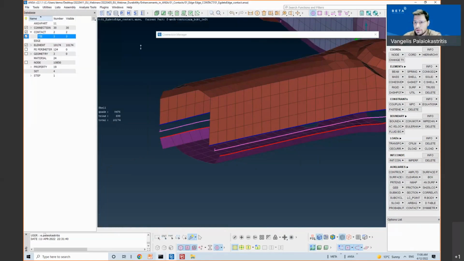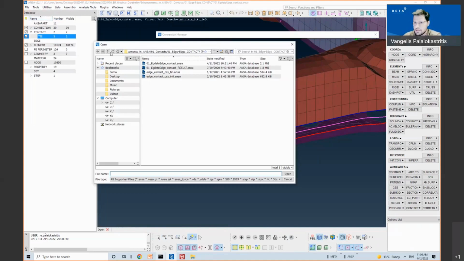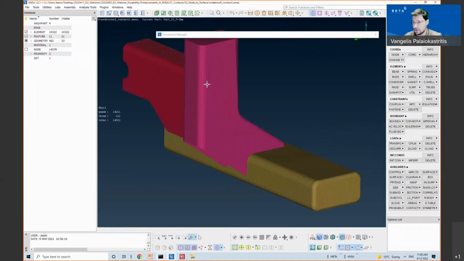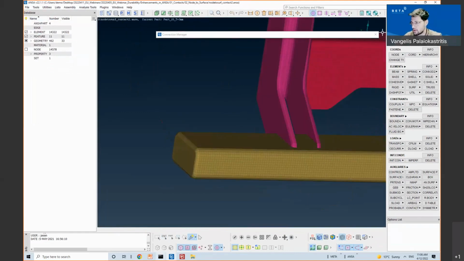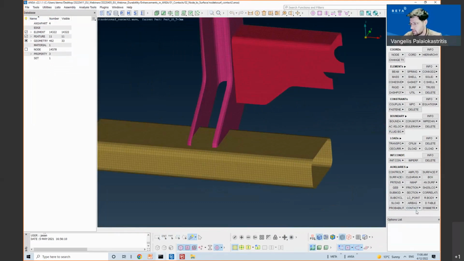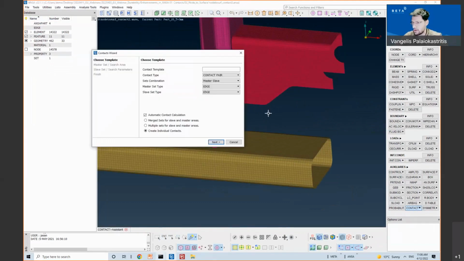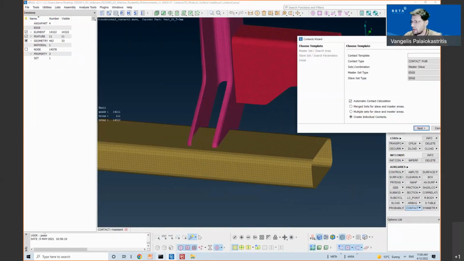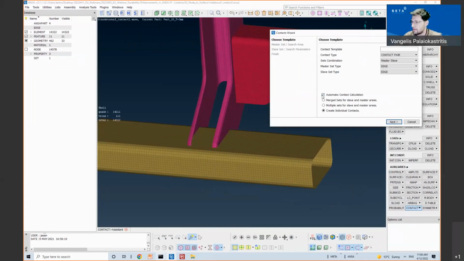Moving on, let's also see the node to surface contact definition. So now I will open the Contact Assistant. This time I want a surface node.